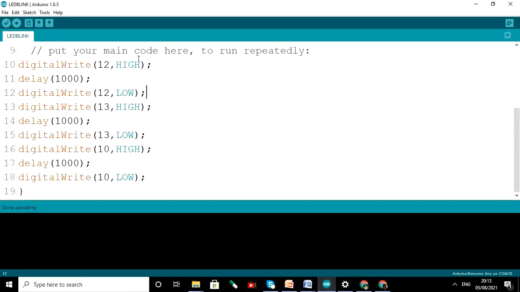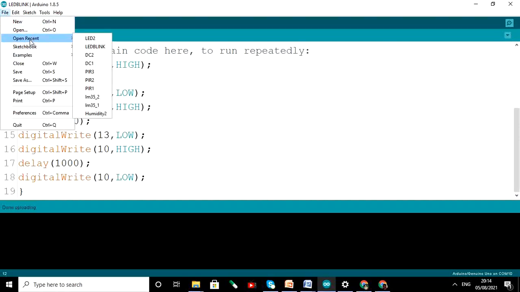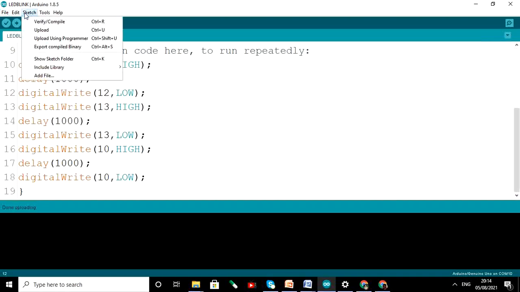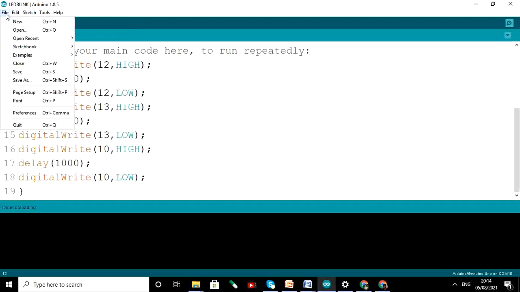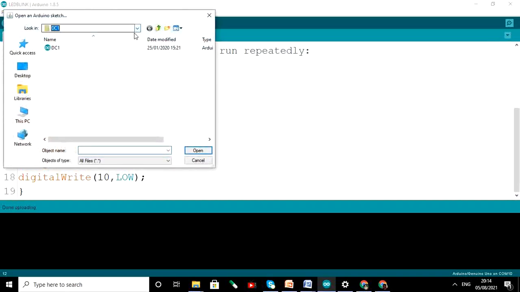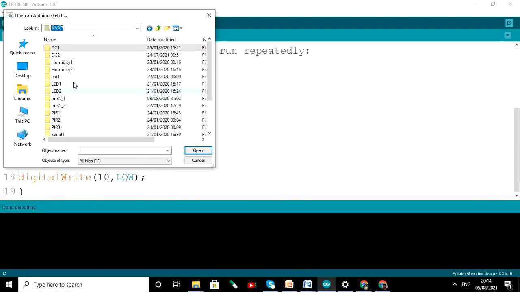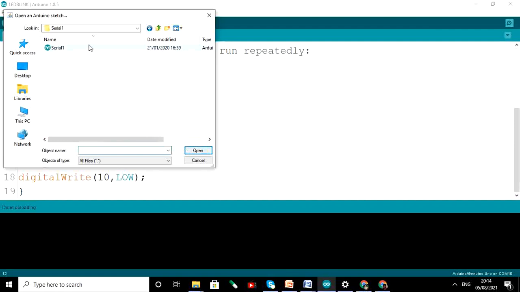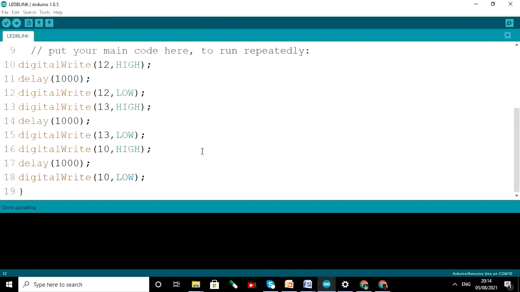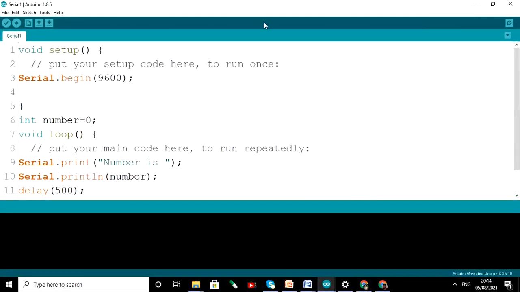So this is the Arduino program. Now we will open the code. Here I am opening one of the serial programs. So this serial program is now opened.